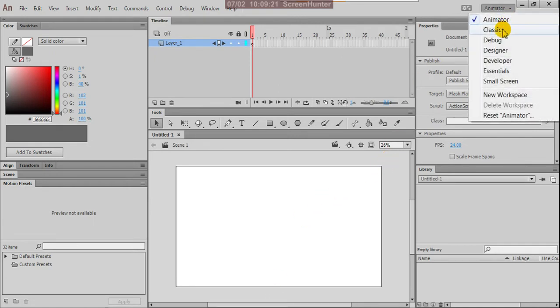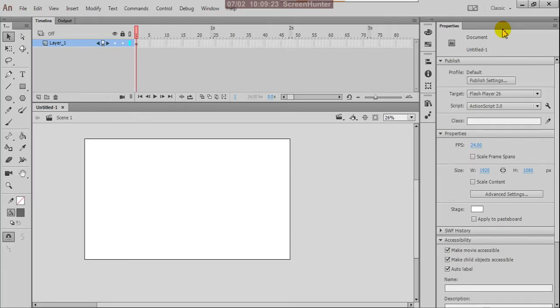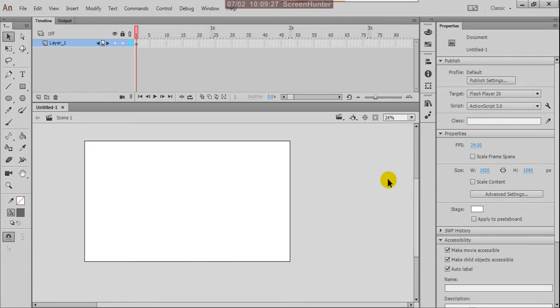But when you click on the classic mode, yes, we know this actually. Why? Because previously we used Adobe Illustrator and Adobe Photoshop. So this is very similar to your previous software.